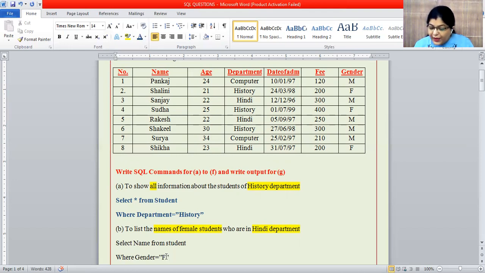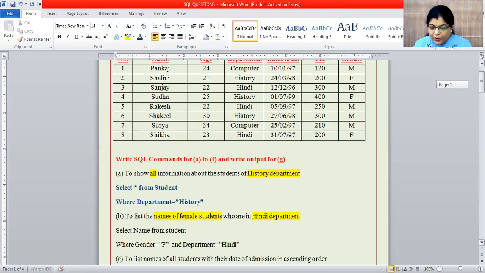If I write female here, the answer will not be anything. And Hindi department; see the column name, department. So I write and department is equal to Hindi.